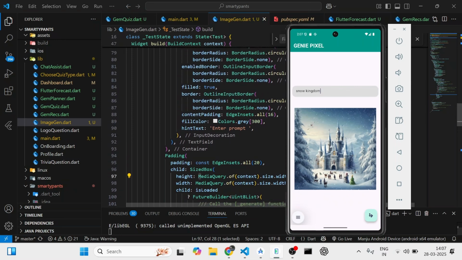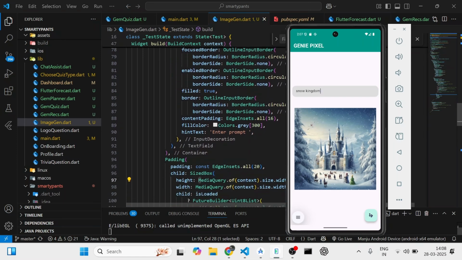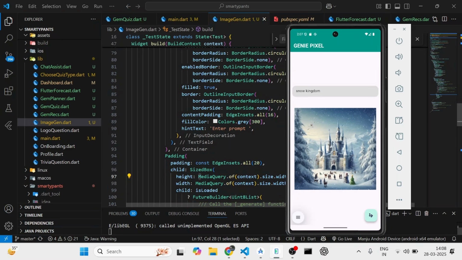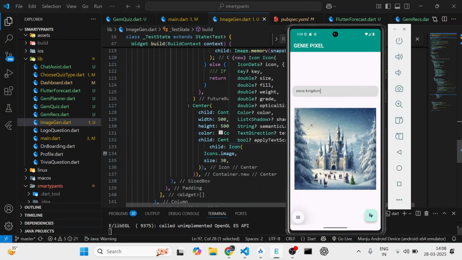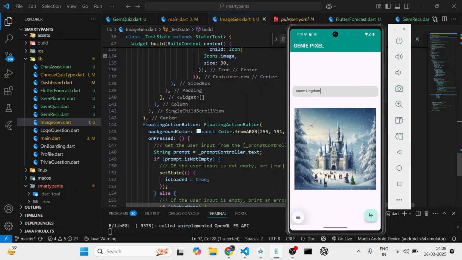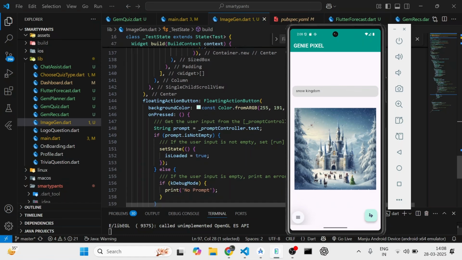For this, I have created a text field. I have added the input decoration, the borders and the content padding, the fill color and everything. After that, I have used a small container in case there is no image that is yet generated, so you will be showing that container with a small icon. And there's a floating action button that I have used, inside which when I click on that button,